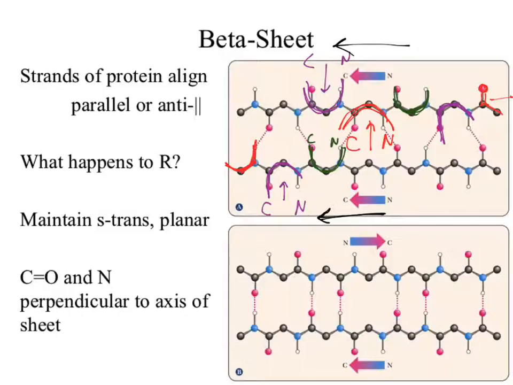So be careful looking at a chain and just saying it's starting with the first amino acid. Rarely is that true. Okay. So draw it out, find where an amino acid is, and then what I would do is highlight a couple of them, like I just did here. And then say, okay, where's the nitrogen, where's the carbonyl, which direction does that go? Now the next one, where's the nitrogen, where's the carbonyl, which direction did that go? Okay, parallel always have nitrogen on the right. I could have picked this up, though, and turned it that direction. Okay, so we can't just say always on the right or always on the left,